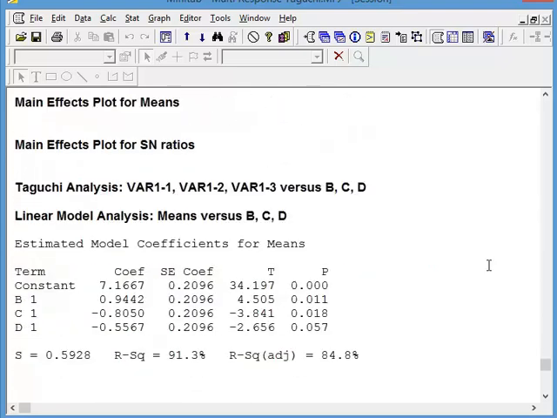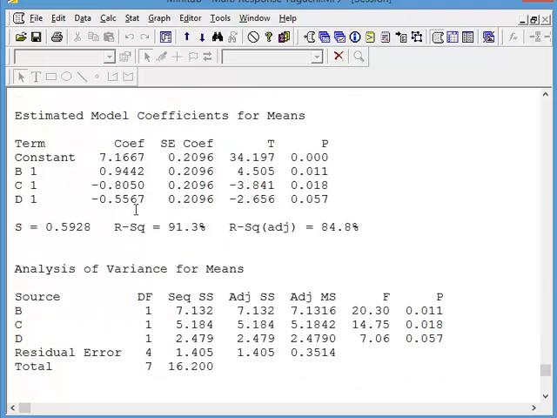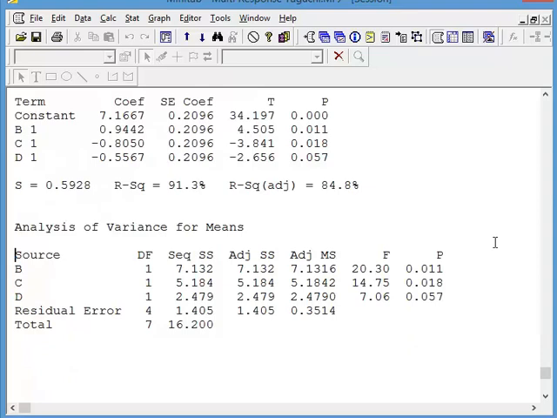Okay, so we have our analysis of variance here. If we take a look at the means analysis of variance, we've got our coefficients for the regression model. Here's the analysis of variance, and we can see that we've got a 99%, another 99, and a 95%. So B, C, and D are all significant. We can now take a look at the graph. So the Big Blue Eye, go over to the graphs folder,